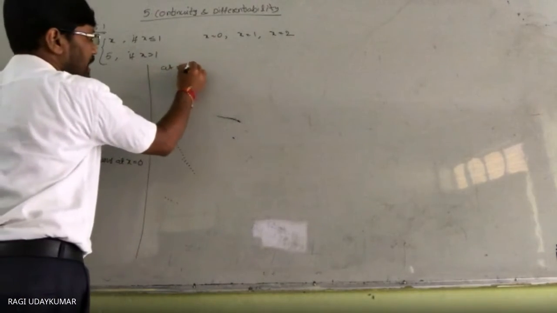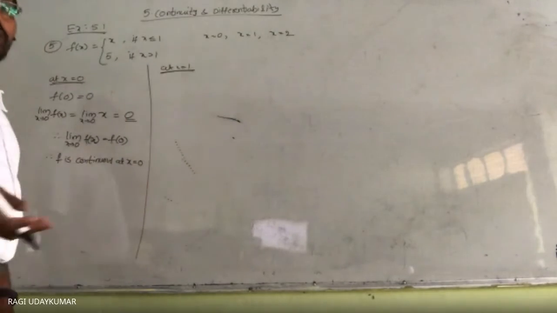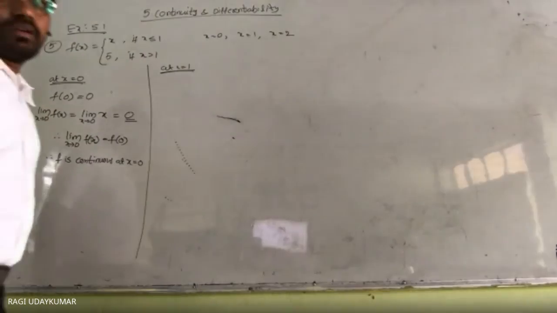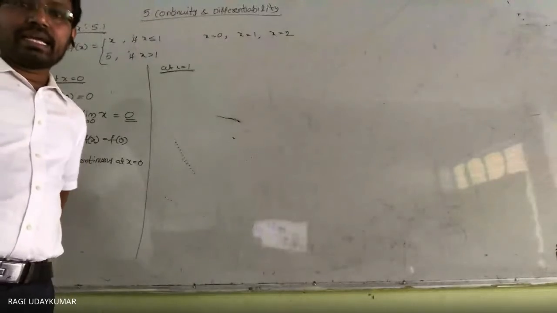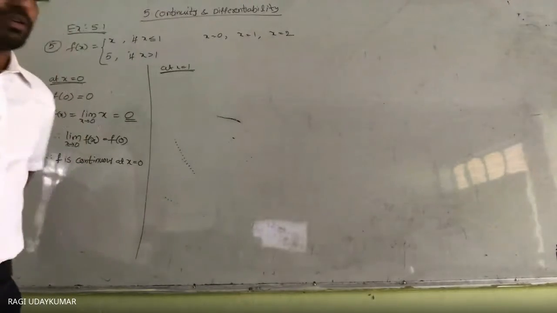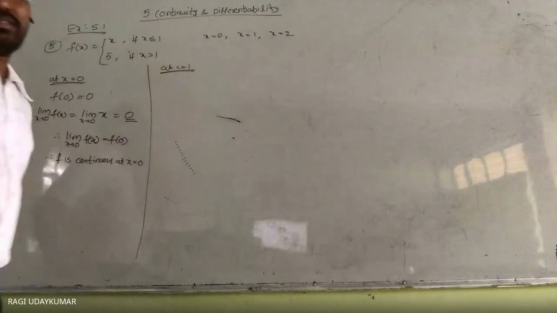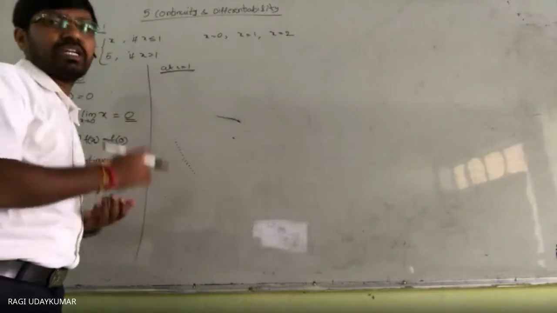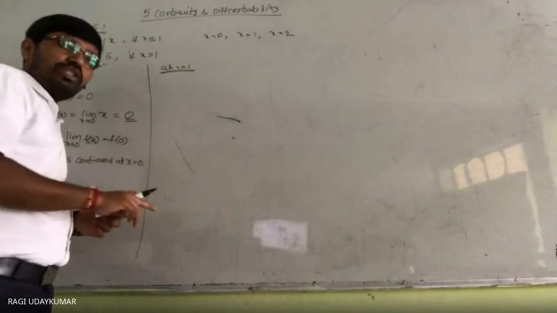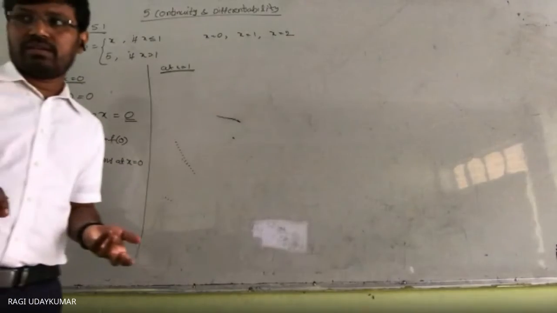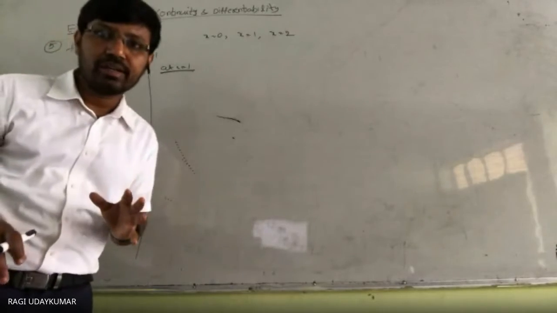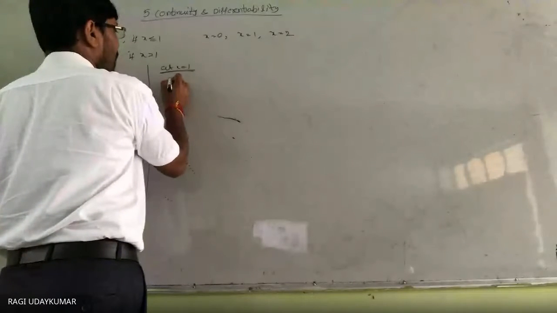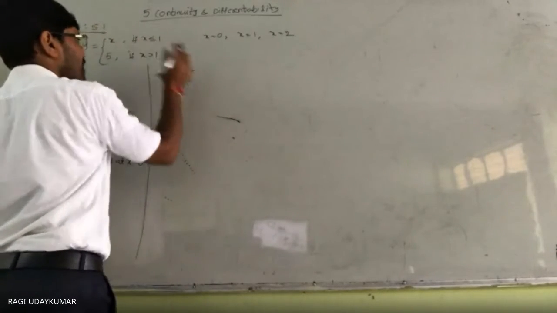Now the problem comes here, x equal to 1. The function splits at 1. So in this situation we need to find the left hand limit and the right hand limit separately, because it is a split function at 1. On the left side of 1 the function is different, on the right side of 1 the function is different. At 0, the function on the left side and right side is not different, it is the same function. So that is why it is not essential to take them. Okay, so here f of 1 should be taken as 1 itself.